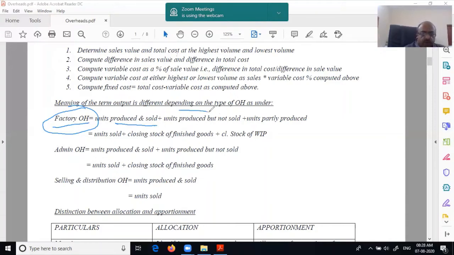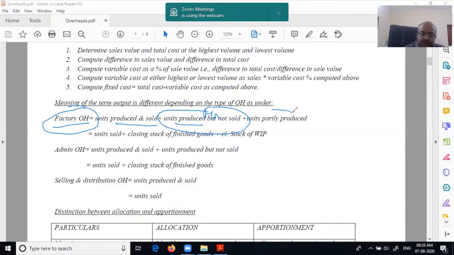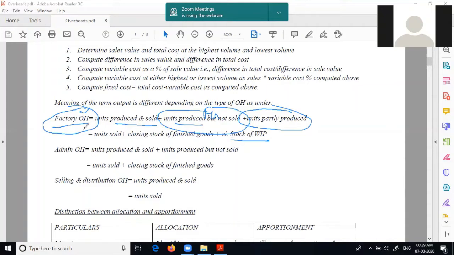Similarly, something that you have produced and not sold, this is your finished goods stock. Has it gone through factory overhead? Yes, it has. Otherwise, it will not be finished. It will not be produced without factory overhead. Similarly, which is in WIP, has it also gone through factory overhead? Some part of it, definitely. Percentage may be different, but some element of factory overhead would have already come. It may not be 0%. Some amount of factory overhead would have come.